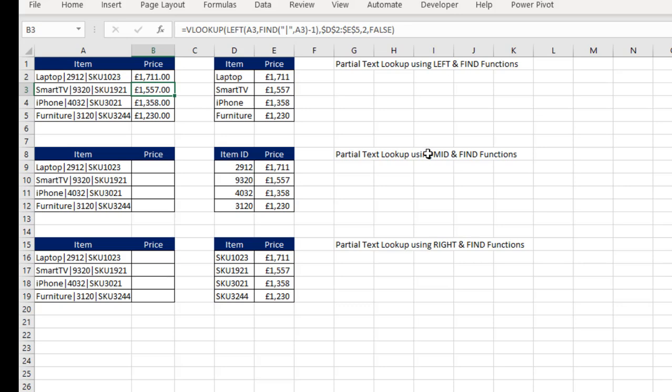Now let's see how to use the mid and the find function here. From here, let's extract the, now in this